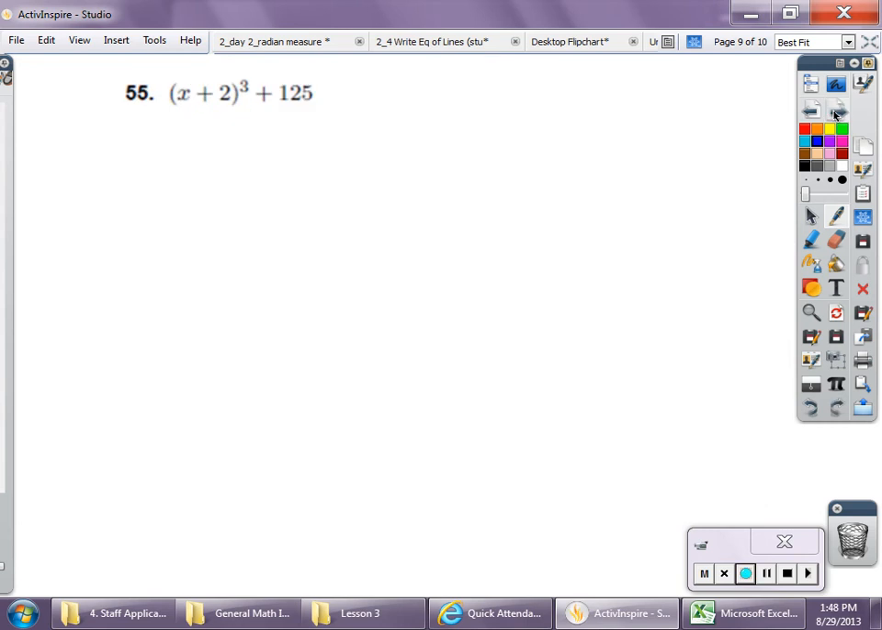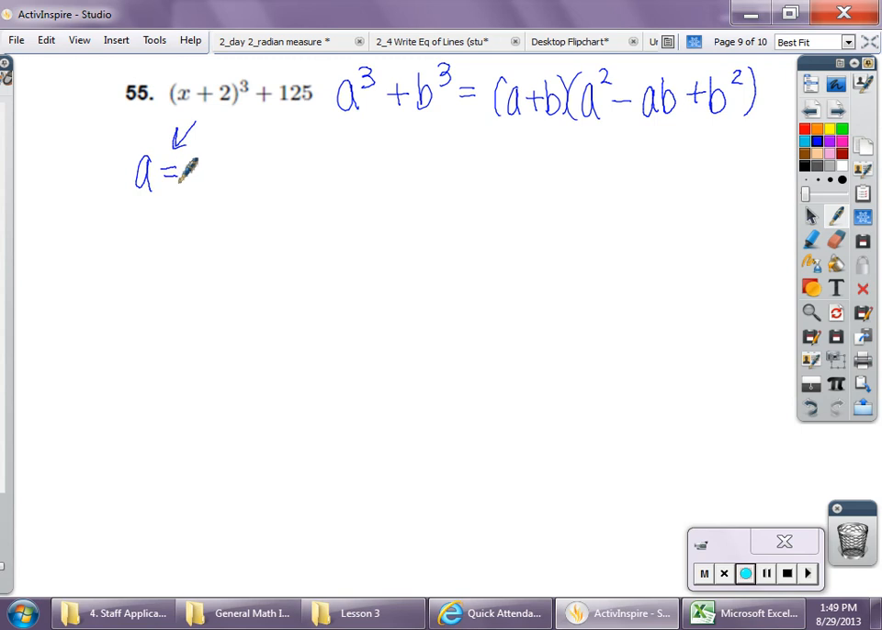One more here, 55. So this one is another a cubed plus b cubed. A plus b times a squared, oh sorry, not plus, minus ab plus b squared. And what do we get? We get a is the cube root of x plus 2 whole thing cubed. So a is actually x plus 2. B is 5. So following the rule, a plus b